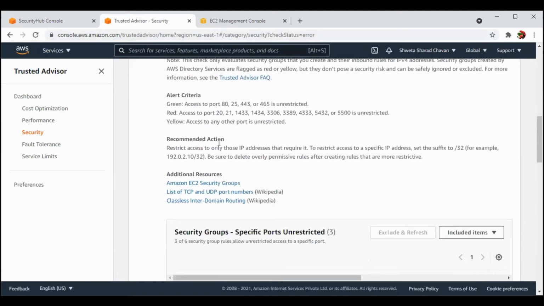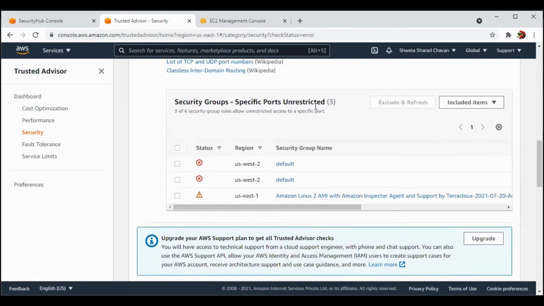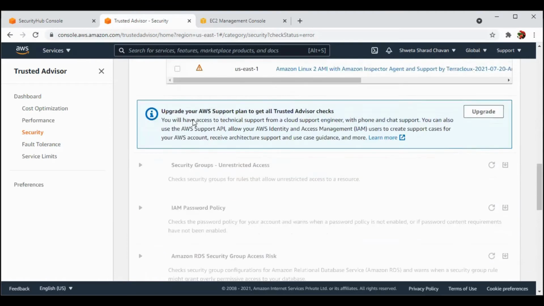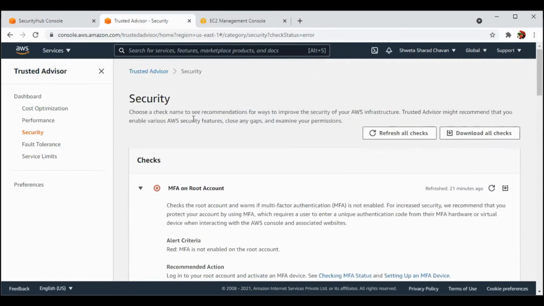The recommended action is to restrict the access to only those IP addresses that require it. So it's saying you should give permission only to those IPs that need access. These are the additional resources. This is how the recommendation is suggested.